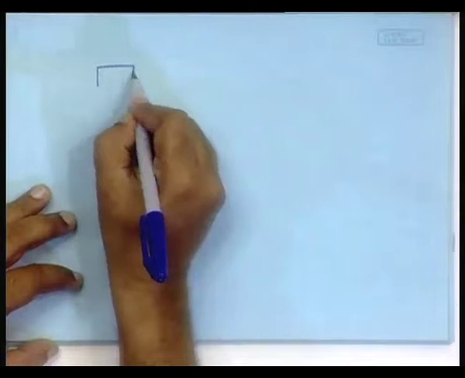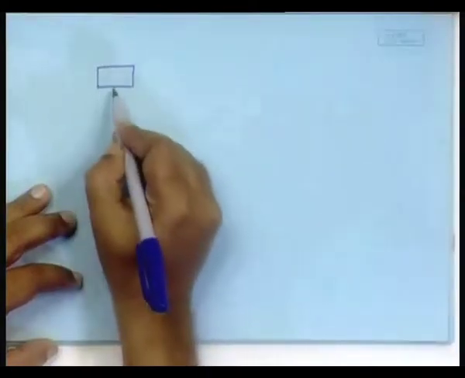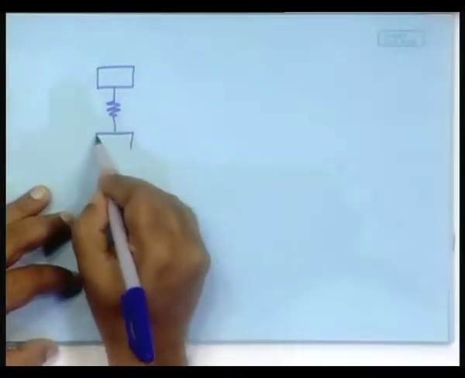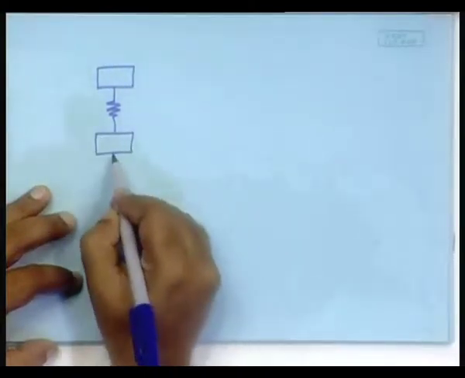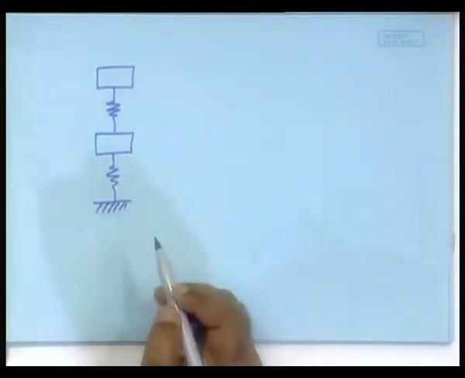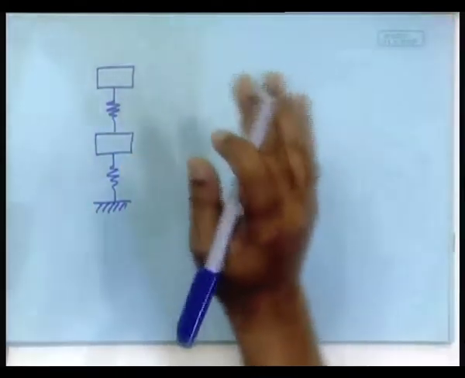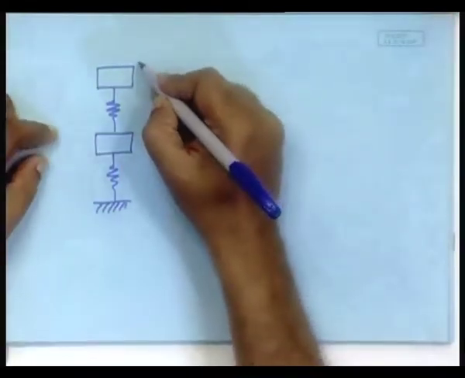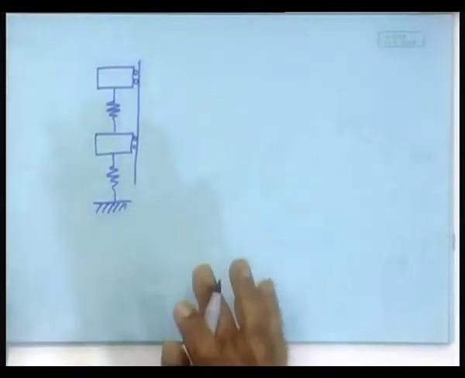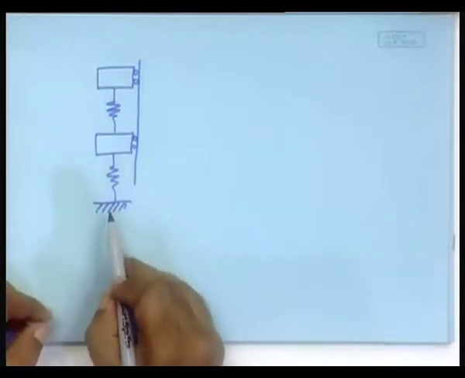Such a situation actually arises when, for example, you have a mass here that is connected to a spring and to another mass, that is connected to another spring to ground. Do not argue how it will stand, because it may be by means of some kind of a guide. Okay. We are considering the up and down motion,